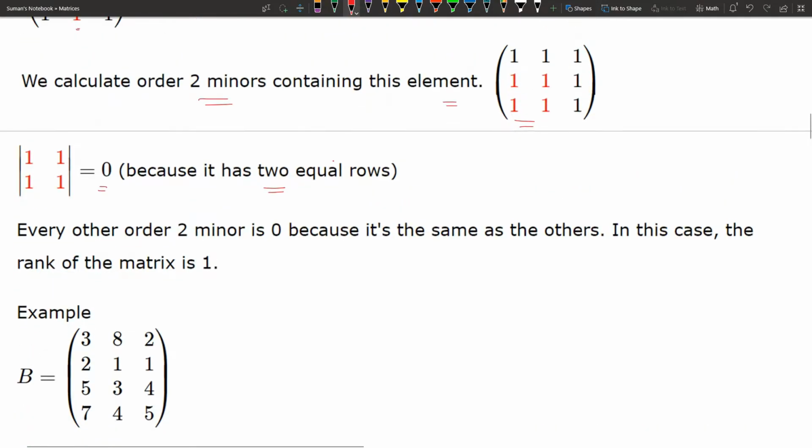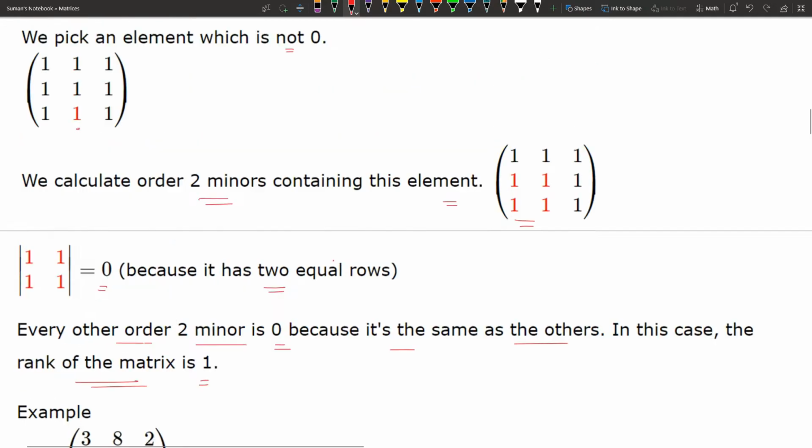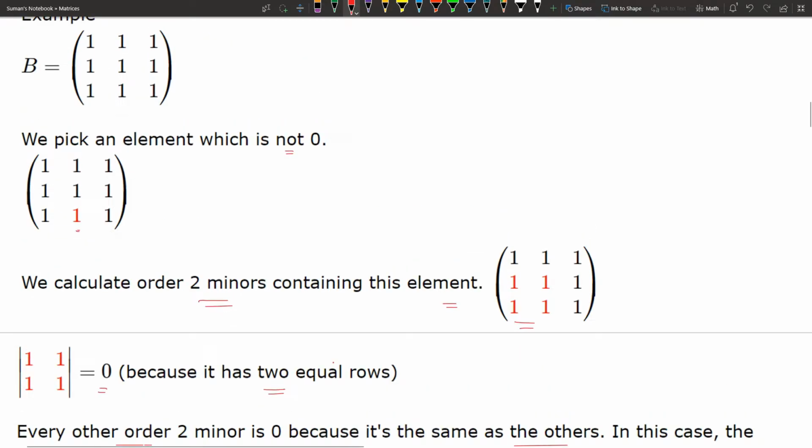If we consider all the order 2 minors, all contain the same values 1, 1. So every order 2 minor is 0. In this case the rank of the matrix is 1 because we cannot get any order 2 determinant which is not equal to 0. So its rank is 1.